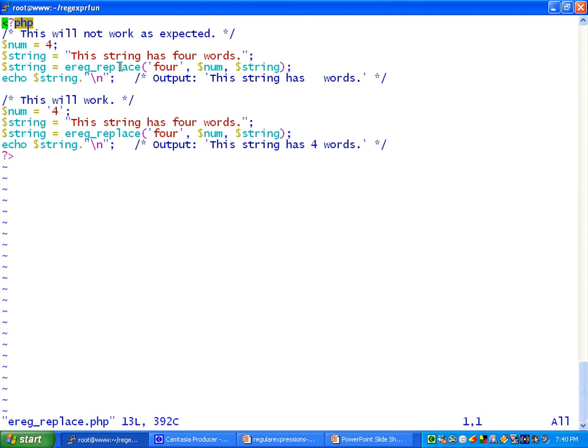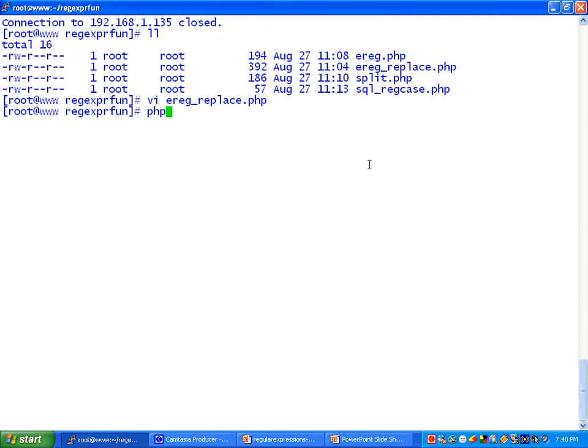If we use ereg_replace, this will not work. This will not replace the 4 number. Whereas if you replace the 4 number with 4 as a string, this will give the actual output. Let us have a look at how this output works. The first one does not replace the 4 number, whereas the second one, if we replace it as a string, replaces the 4 number with the 4 digit.